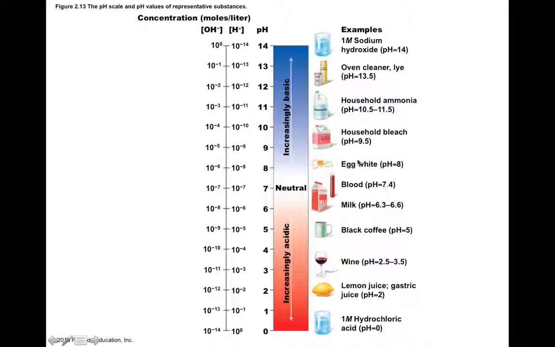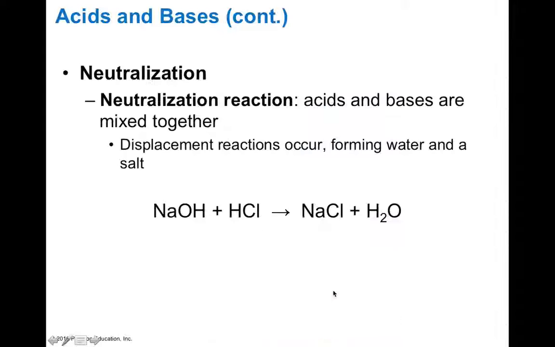In fact, in terms of most of our body solutions, we're more or less on the neutral end of things. So blood is sort of on the alkaline end of neutral. Milk is slightly acidic as well. This includes human breast milk. However, there are some solutions in your body that are extremely acidic. Your stomach acid has a pH of 2, which is on the order of lemon juice. And these actually can break apart molecules pretty easily because they're so acidic.